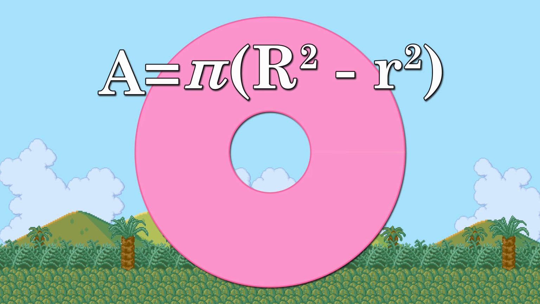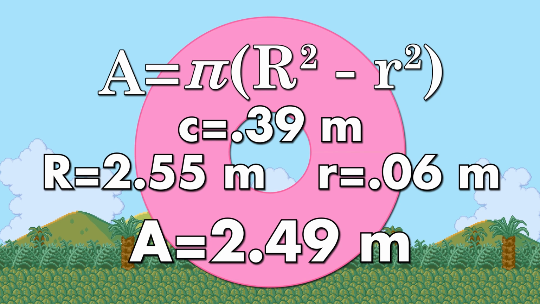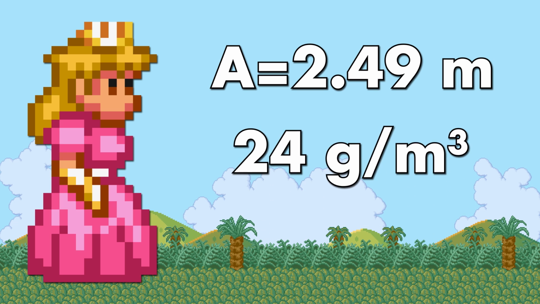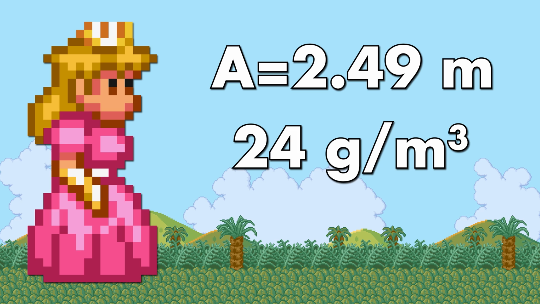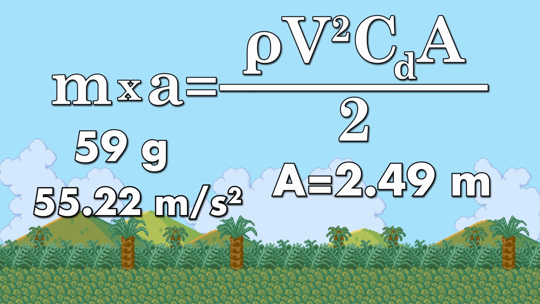We can figure out the area of this skirt and by extension get much closer to figuring out her drag by figuring out how much fabric makes up her skirt. Using the area of an annulus formula, which is just subtracting 2 circular areas to account for the whole, and given that she has a waist measurement of 0.39 meters, this gives us an area of fabric of almost exactly 2.5 square meters. Now, using the thinnest silk satin fabric weight to minimize the contribution of weight to Peach, at 24 grams per square meter, this skirt is very thin, weighing only about 59 grams. This is not that important for now, but it will become important later on, trust me. Let's be sure to put the weight of the dress on this side of the formula to account for it, and then move on to our last part, which is...